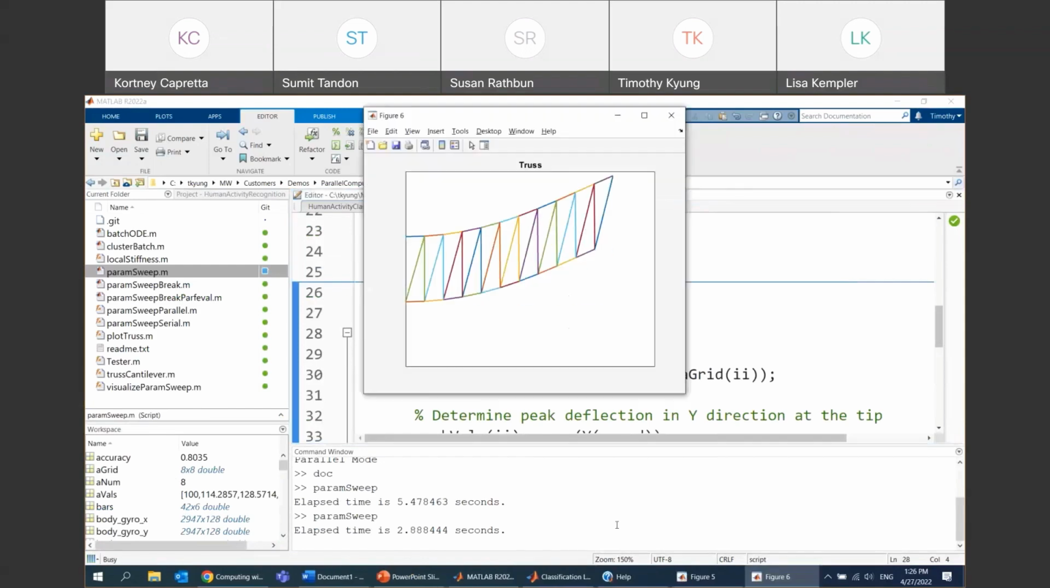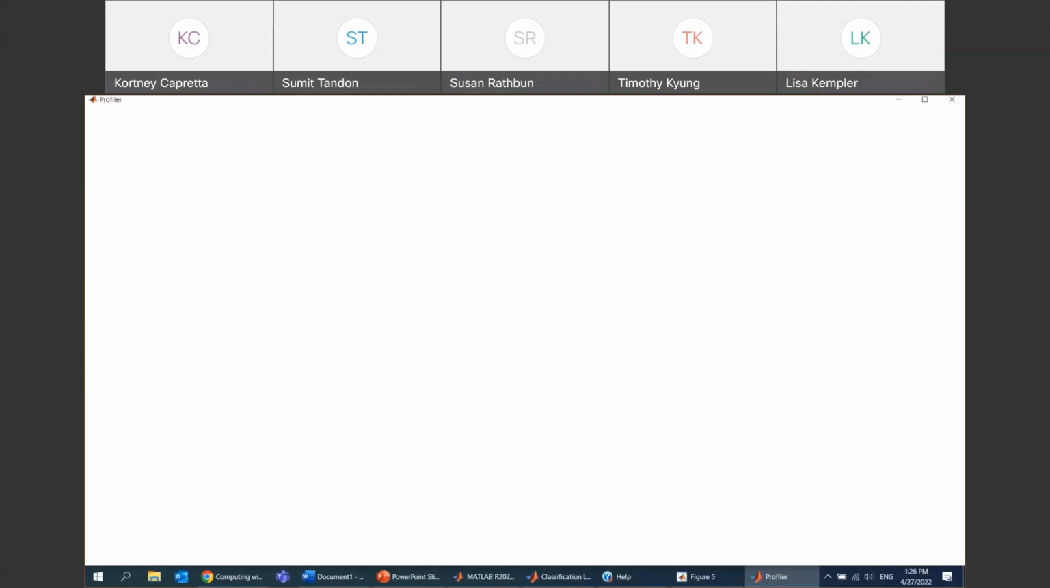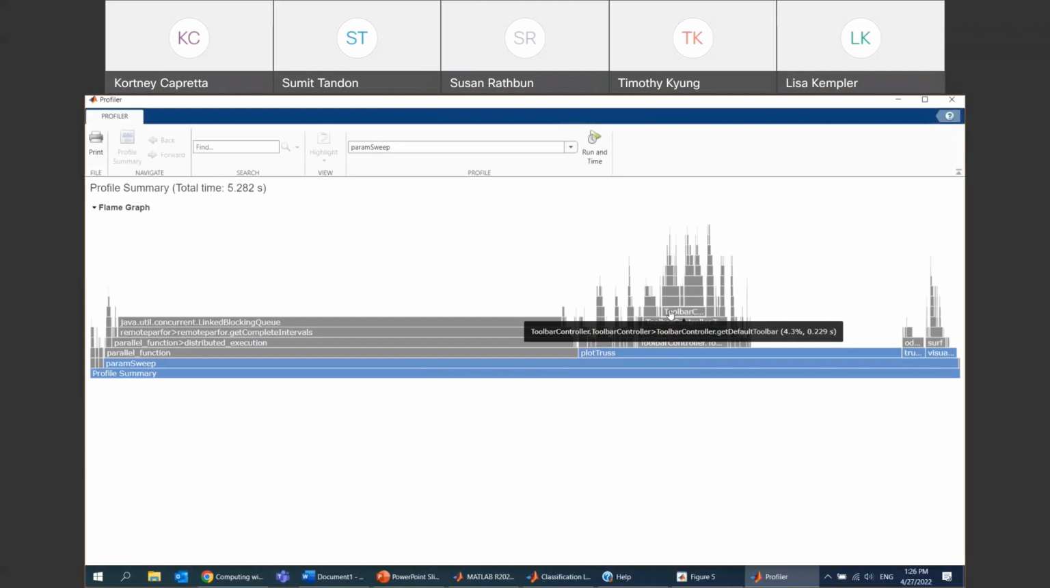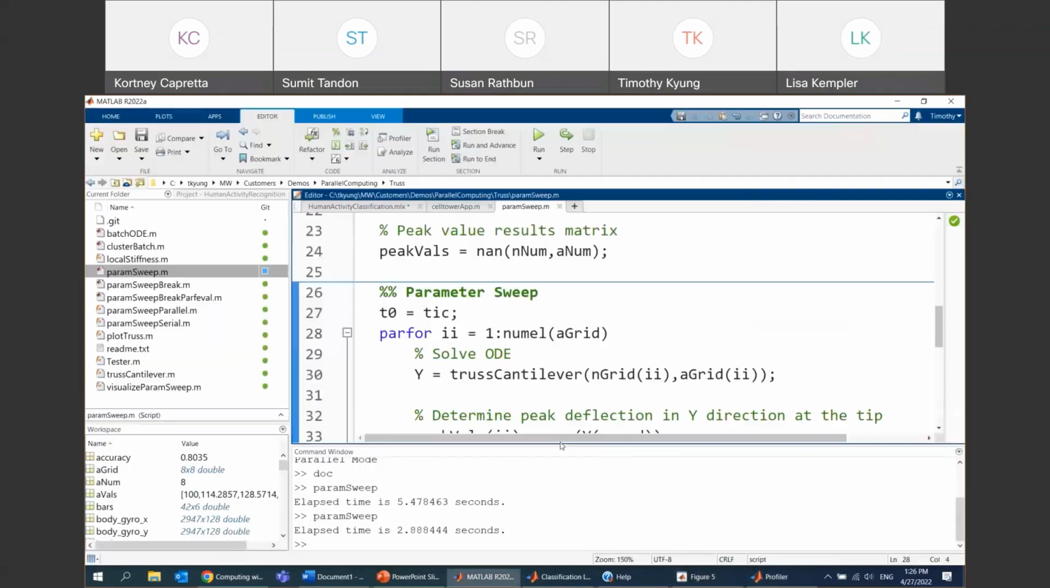In this case here, I've gone ahead and run it. My flame graph is back up here. If we go back into MATLAB, we'll see we went from about 5.5 seconds that we spent in this for loop to 3 seconds. So almost a 2x improvement here. And all we had to do was change our loop from a for loop to a parfor loop,